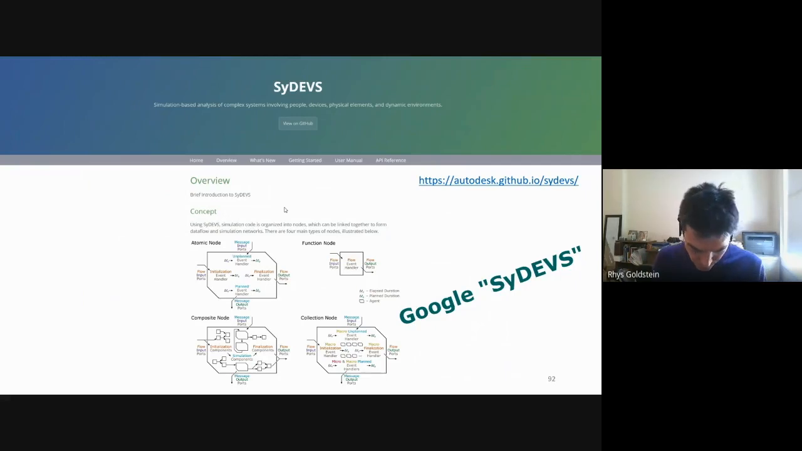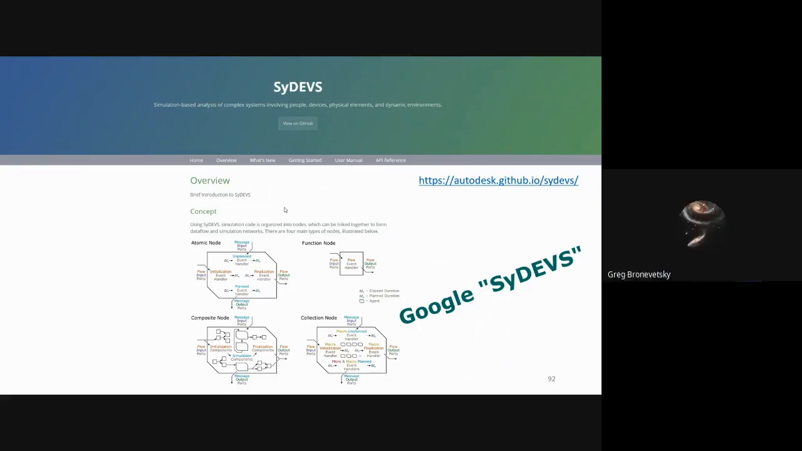So that's it for the overview of SyDEVS, and more importantly, this common form. I've got now a bunch of research challenges that I could cover, but I might take some questions first. If there are any, Greg, or should I just move on and cover